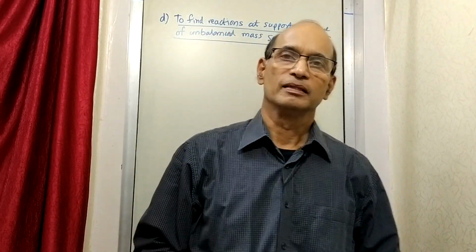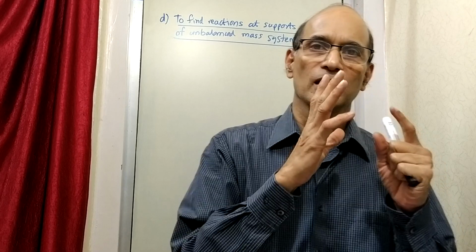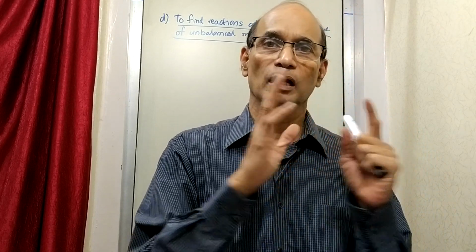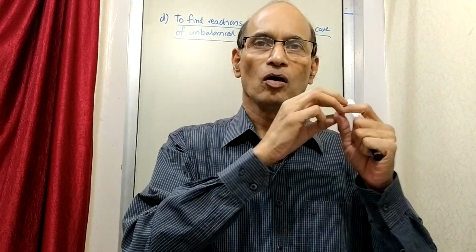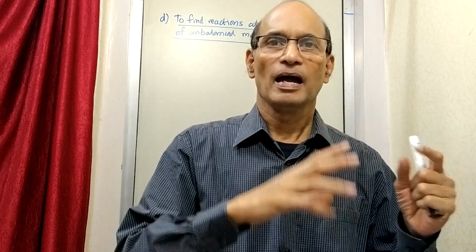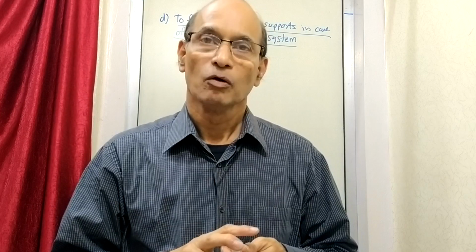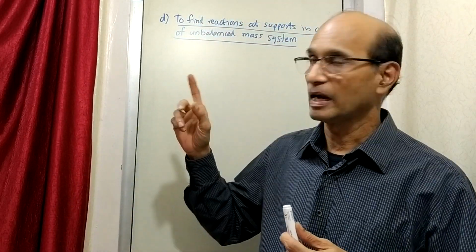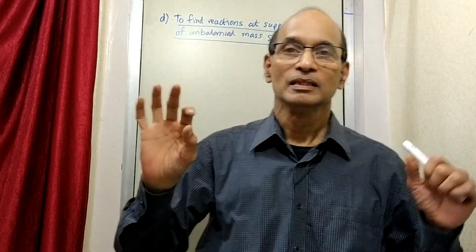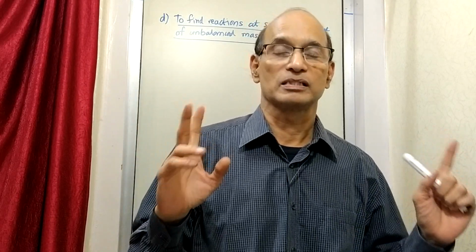Here it says that there is a system which is unbalanced. That means there is a shaft, there are masses, and these masses are such that they are not yet balanced. They are unbalanced. And when they are not balanced, what is happening? That is what we are trying to see. What is happening in such cases is that because of these unbalanced masses, the support has got certain reactions.